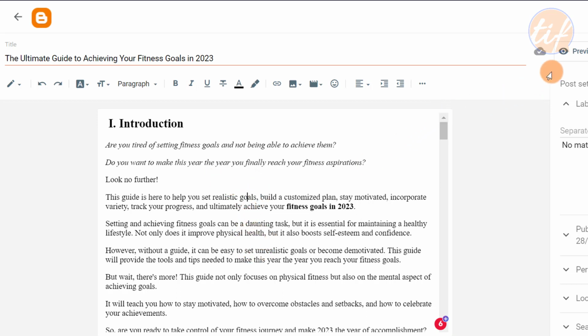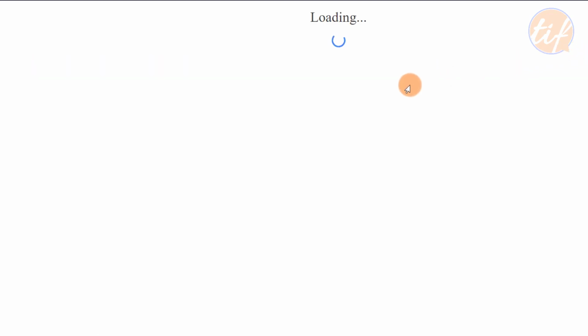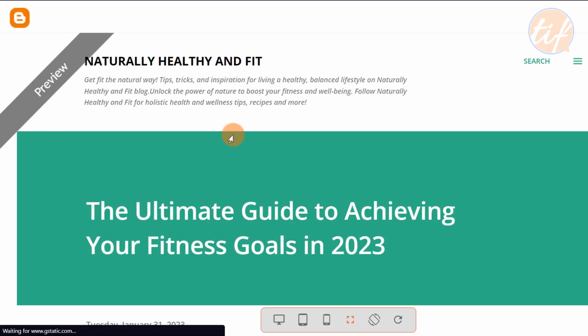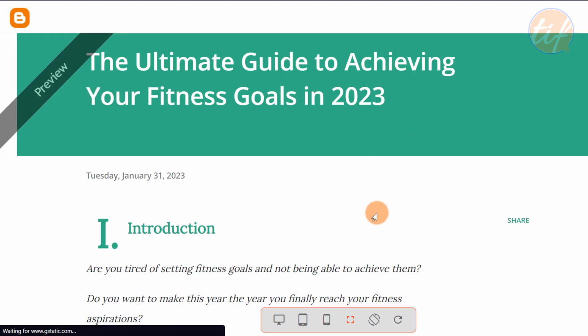So let's see preview. On this button, if you click, it will open a new tab, and there it will show you the preview of your article. Okay, so this is how the header will be: the ultimate guide to achieving your fitness goals in 2023. This is your title. If you scroll down,